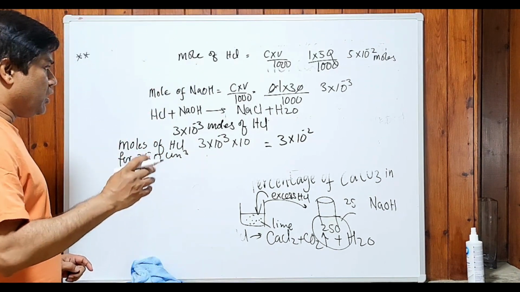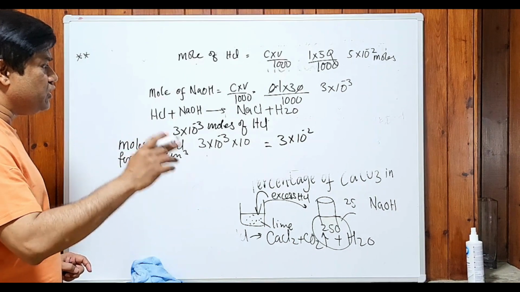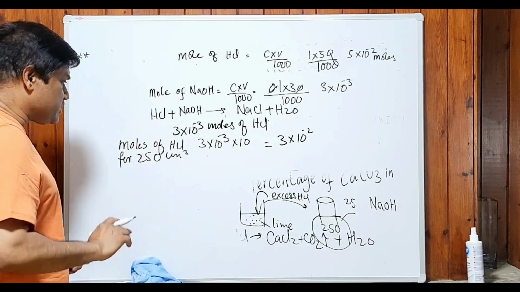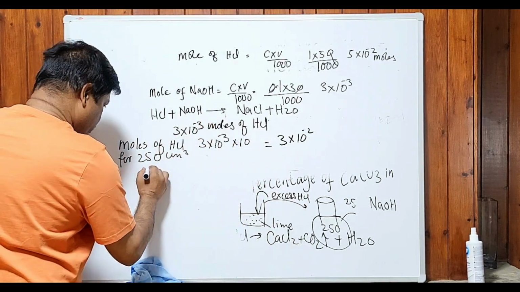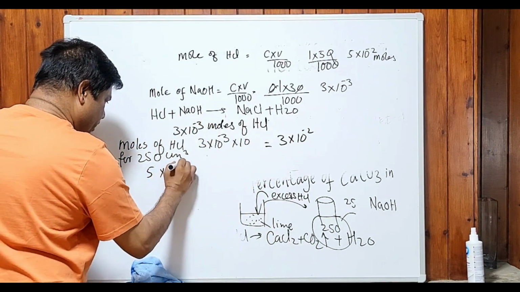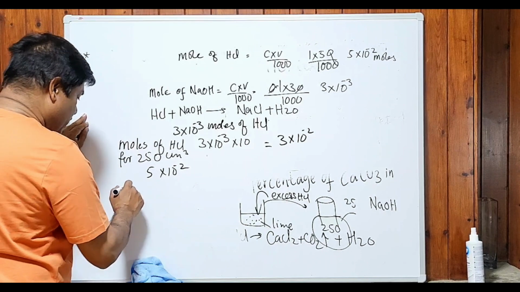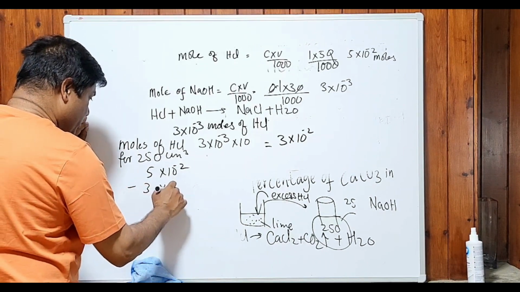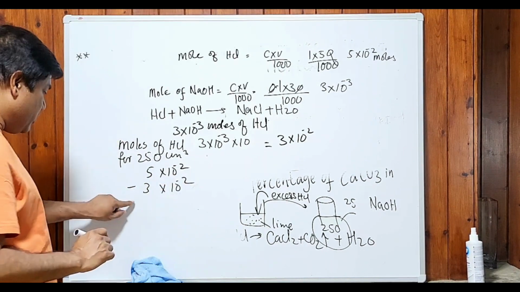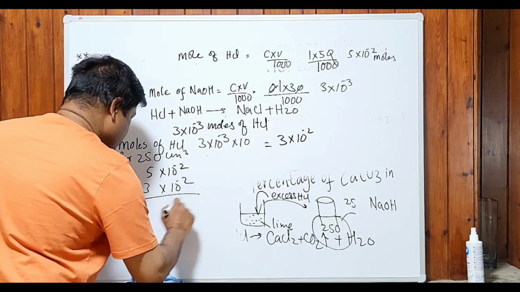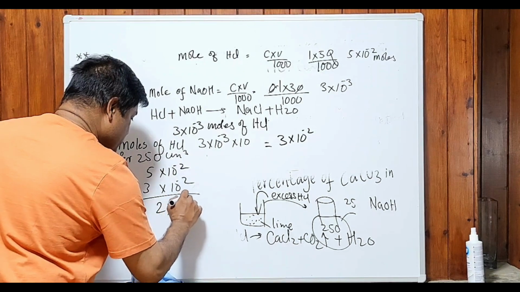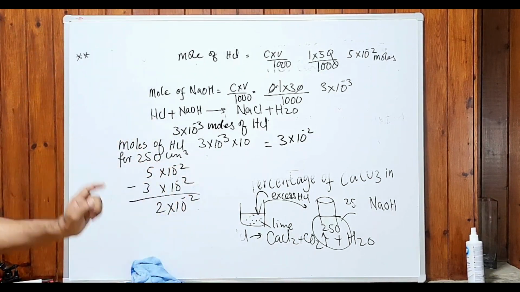So how much mole of HCl was used to react with calcium carbonate? Look at that. Initial minus unused. 5 into 10 to the power of minus 2, that's the initial mole of HCl, minus 3 into 10 to the power of minus 2, that's the number of moles of HCl left in the solution. So 2 into 10 to the power of minus 2 moles of the HCl actually reacted